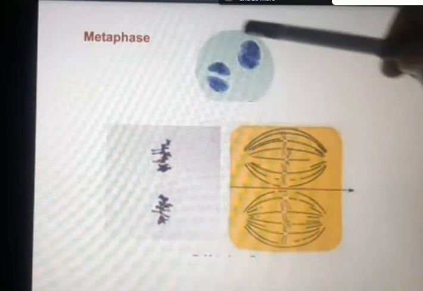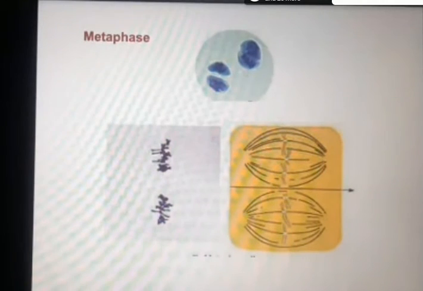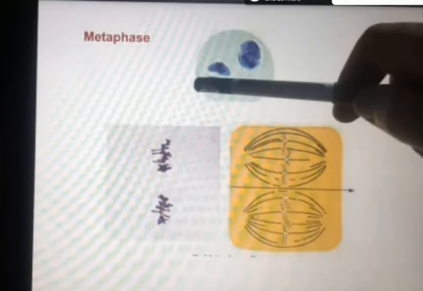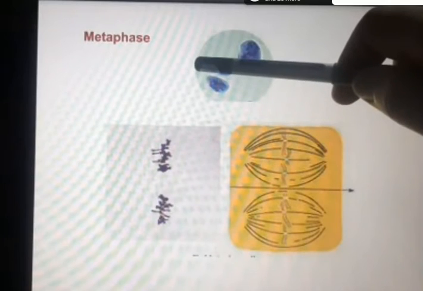As I said in the mitosis classes, suppose if you consider this is the one cell and this is the spherical cell, okay, and you can say that the chromosomes they were